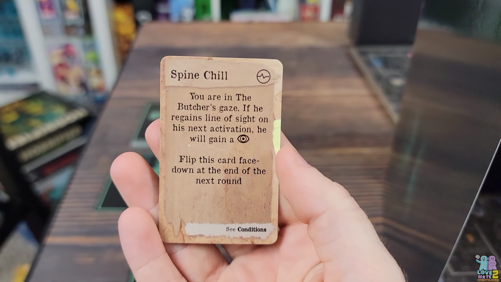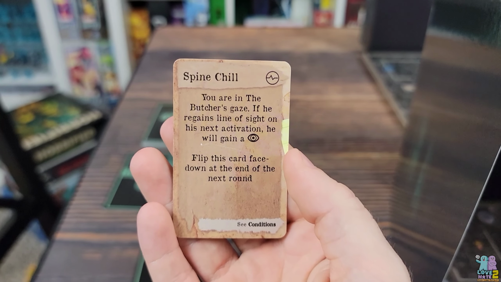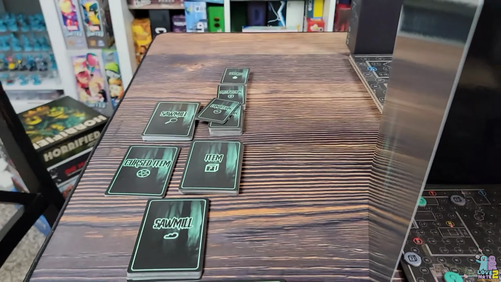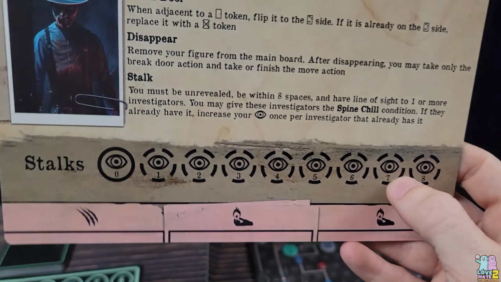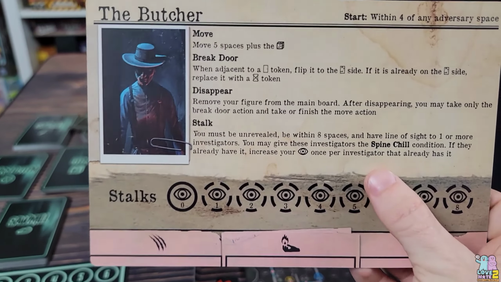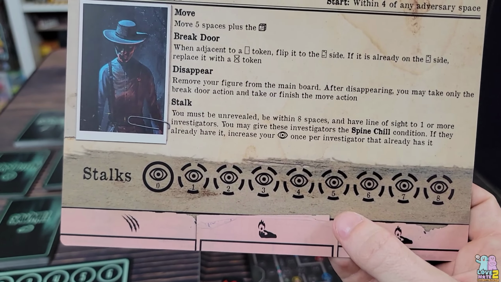Now, Spine Chill is not really going to do much of anything the first time you give it to someone, but the second time that you're able to do so, and if you do it in consecutive turns, then you are going to gain stalk. And stalk is what allows you to do attacks to the investigators. So you need to stay close to them without getting revealed and do it in multiple turns in a row